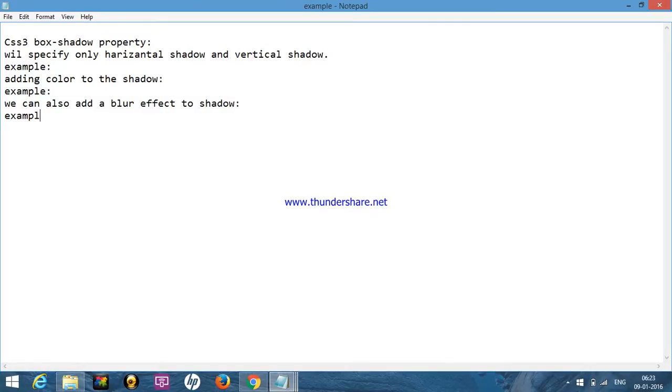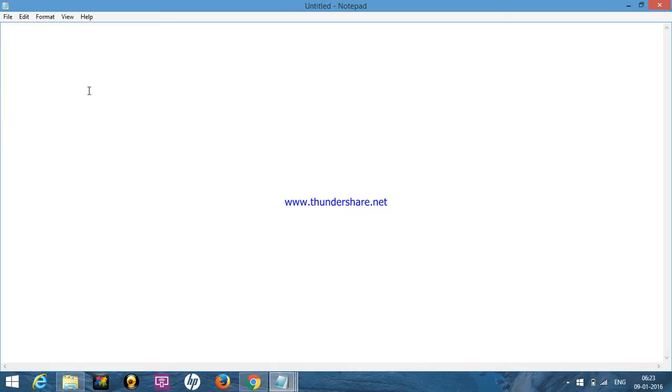For this also we'll consider an example so that we can understand. Open the notepad, HTML, head, and we'll open the style tag. Here we'll be taking a div and giving it properties. The width is 300 pixels, height is 100 pixels, and the padding is 15 pixels. Background color is yellow, and the box shadow